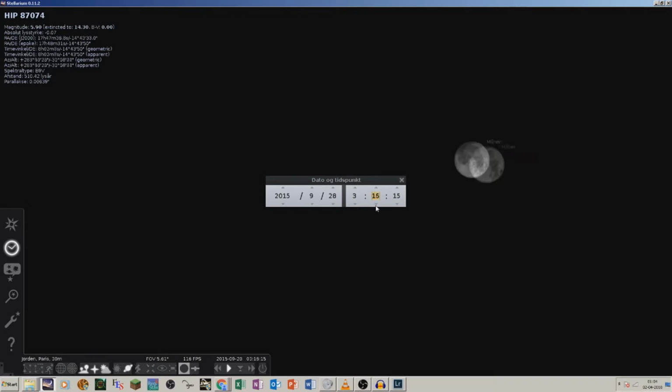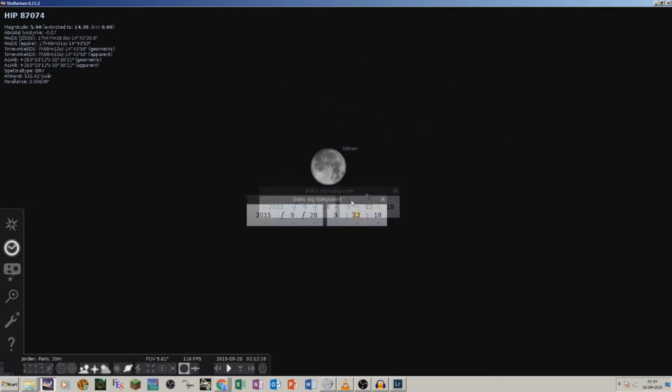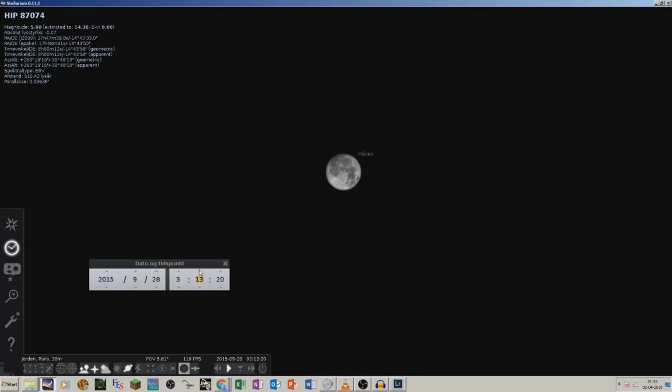And you can see here it's starting to get red. Stellarium is a little bit weird when it comes to this stuff. It's a little bit weird to see it. But we'll go forward in time. So it still starts at around 3, like it did on my shots.